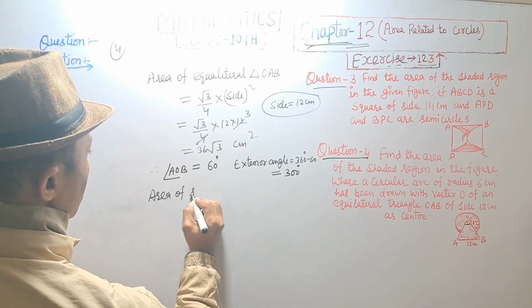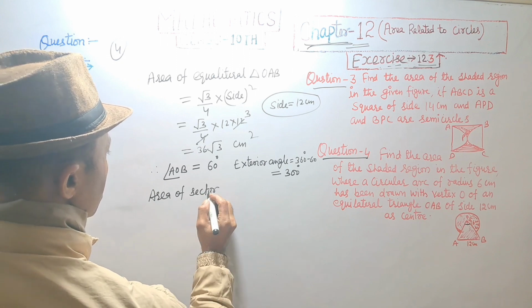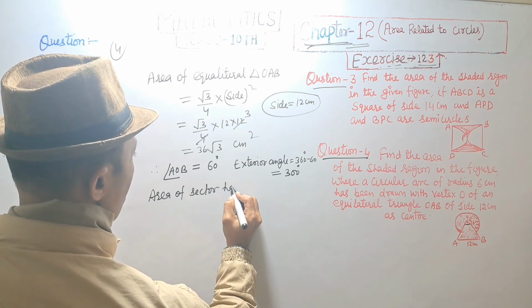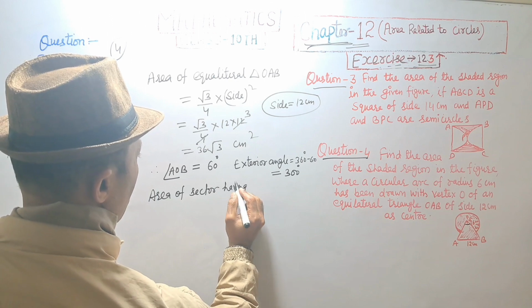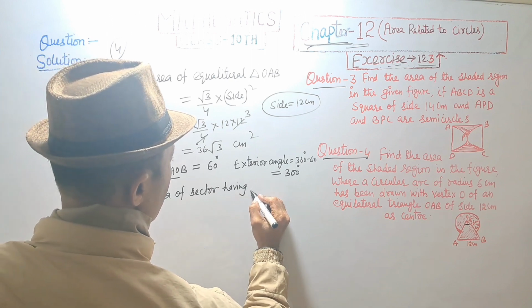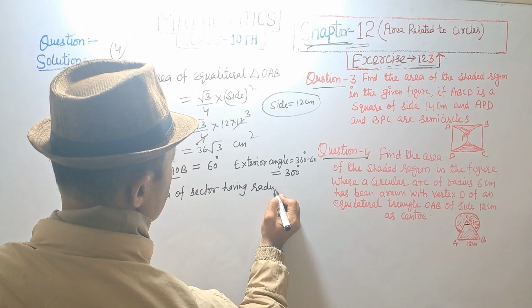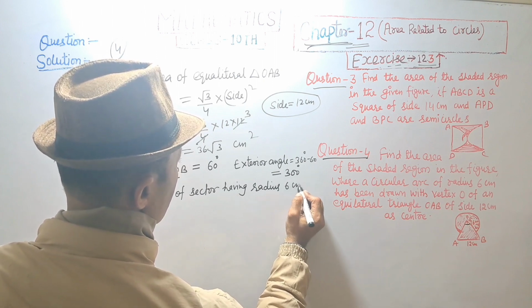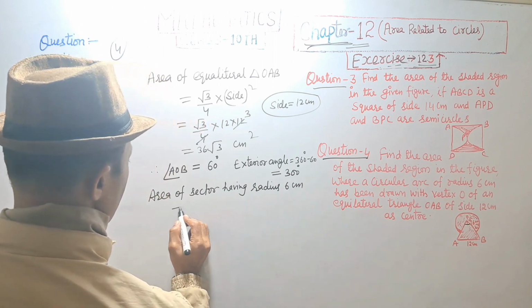Area of sector having radius 6 centimeter is equal to